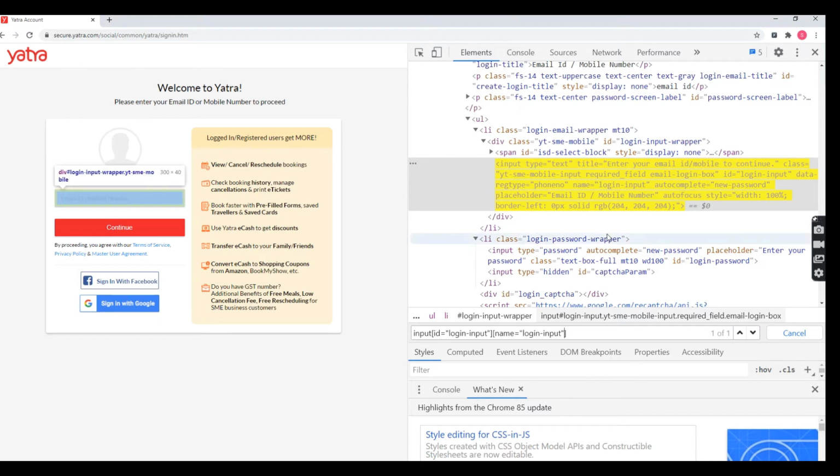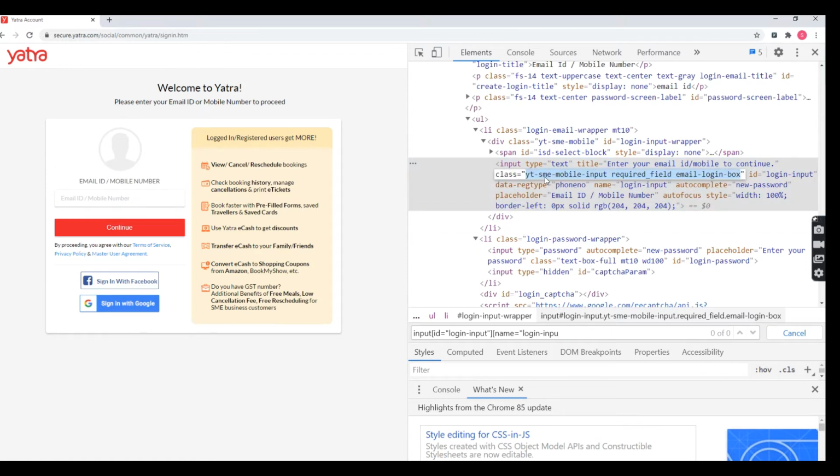Again I'm going to mention the class attribute. Got it? Here I just remove this for taking this element value. Again I'm going to mention the class attribute, so again I open and close the bracket and paste it.